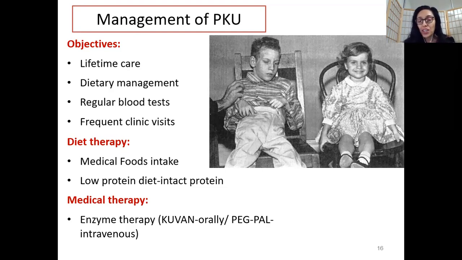Okay, so what is PEGPAL? It is called phenylalanine lyase. It is the synthetic, or industry-made, form of the enzyme phenylalanine hydroxylase. The natural enzyme that you and I carry is phenylalanine hydroxylase, which helps in the conversion of phenylalanine to tyrosine. But if you do not have phenylalanine hydroxylase, or you have less of it, then they were given intravenous injections, just like how you have insulin injections and then insulin pumps.